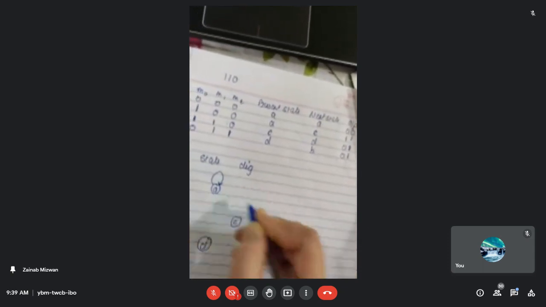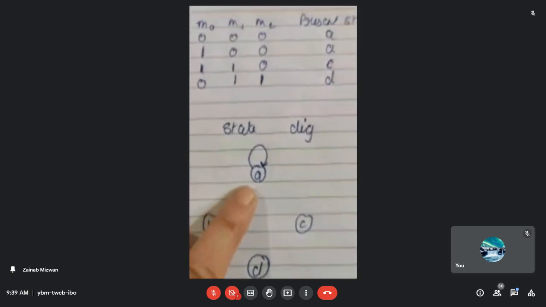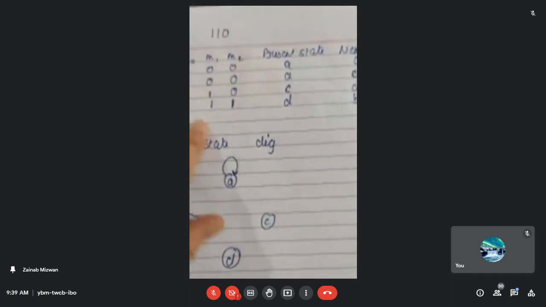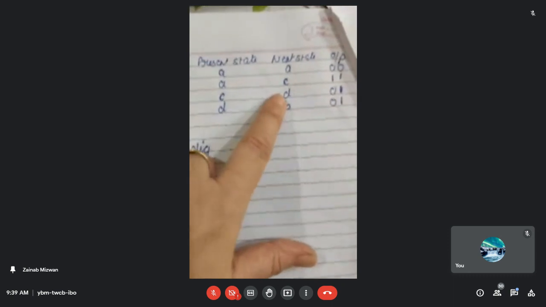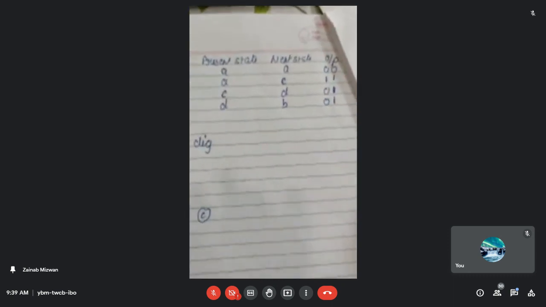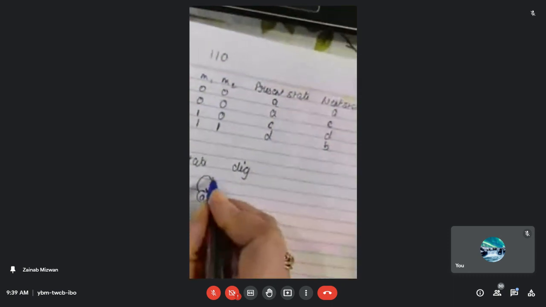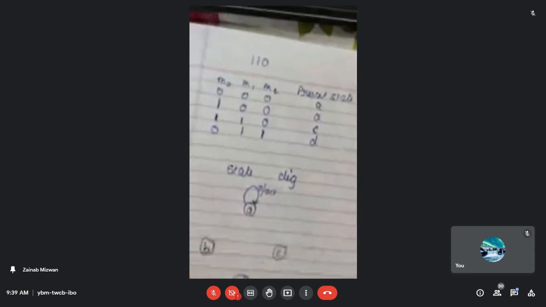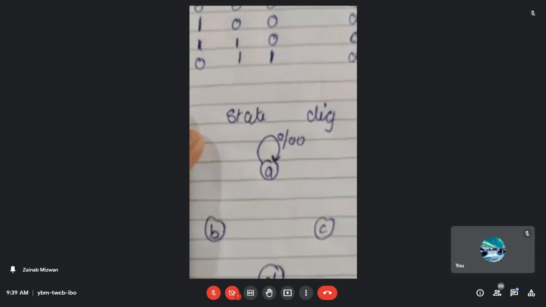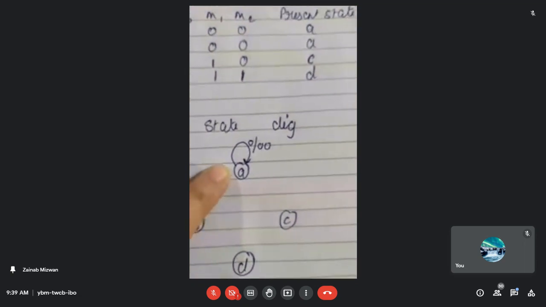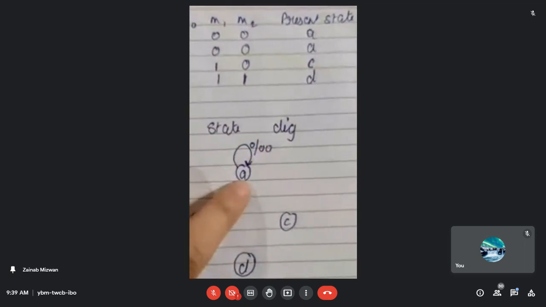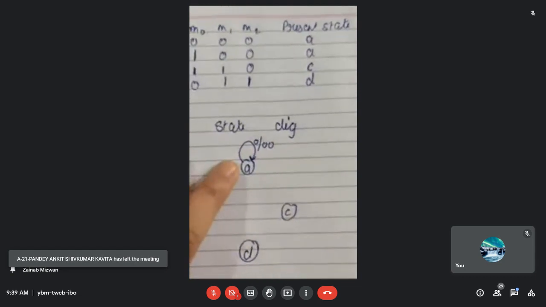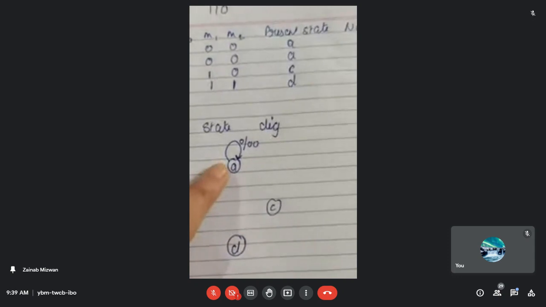So what I am going to indicate over here, you can see I have drawn a loop on state A: when all are 0 0, the present state and next state are both A, and the output is 0 0. So I am going to mention over here, first I will write 0, slash, and then I am going to write the 0 0 over here. Okay, is it clearly visible to all of you what I am going to write over here? I have shown the solid line over here, 0 0 slash 0 0. So 0 is always indicated with the solid line.